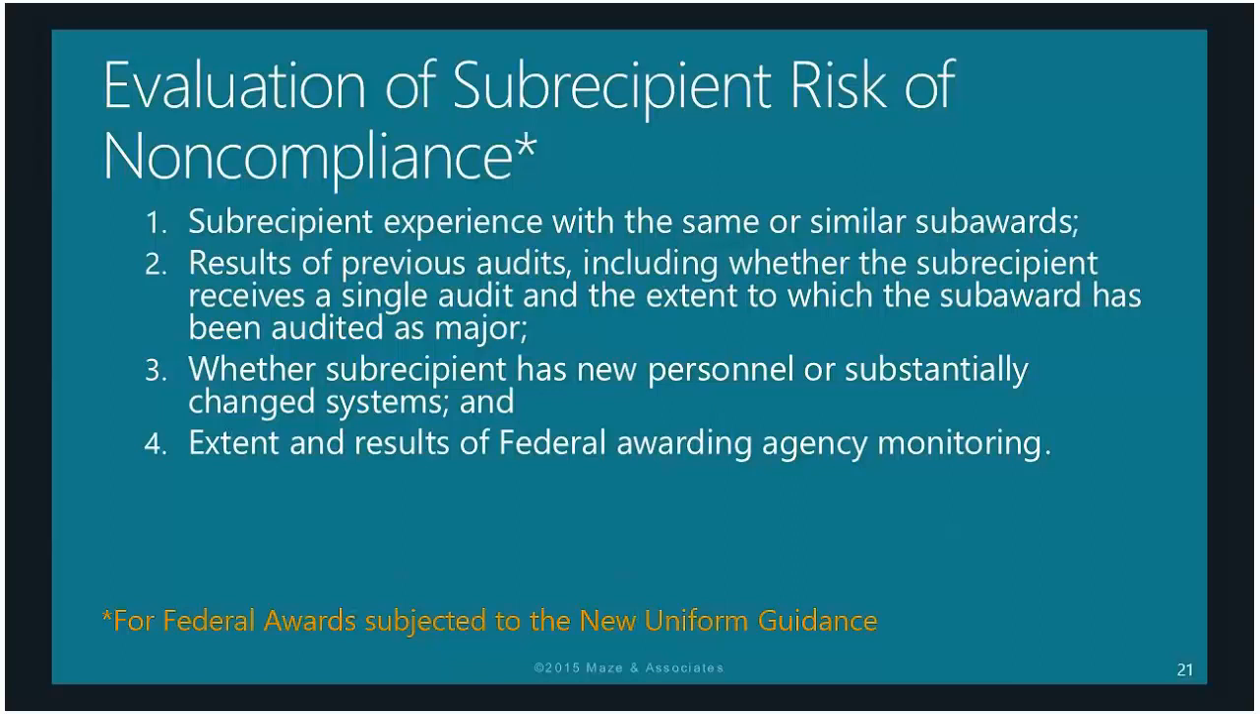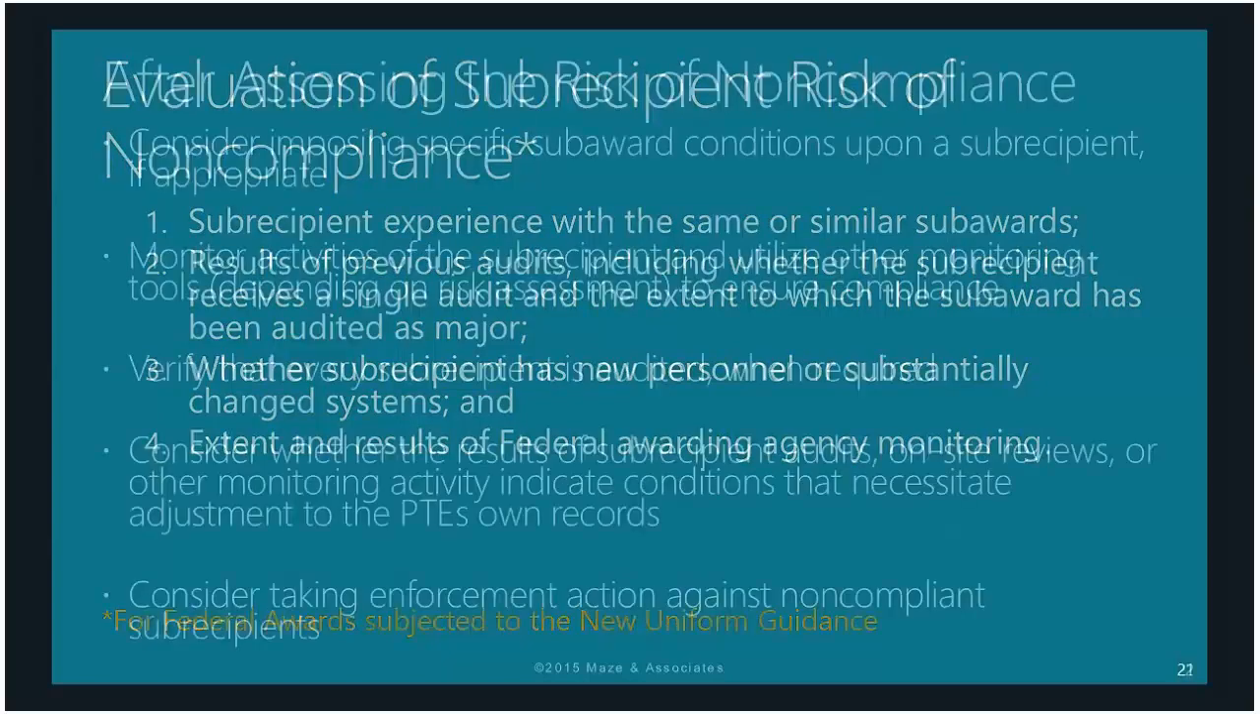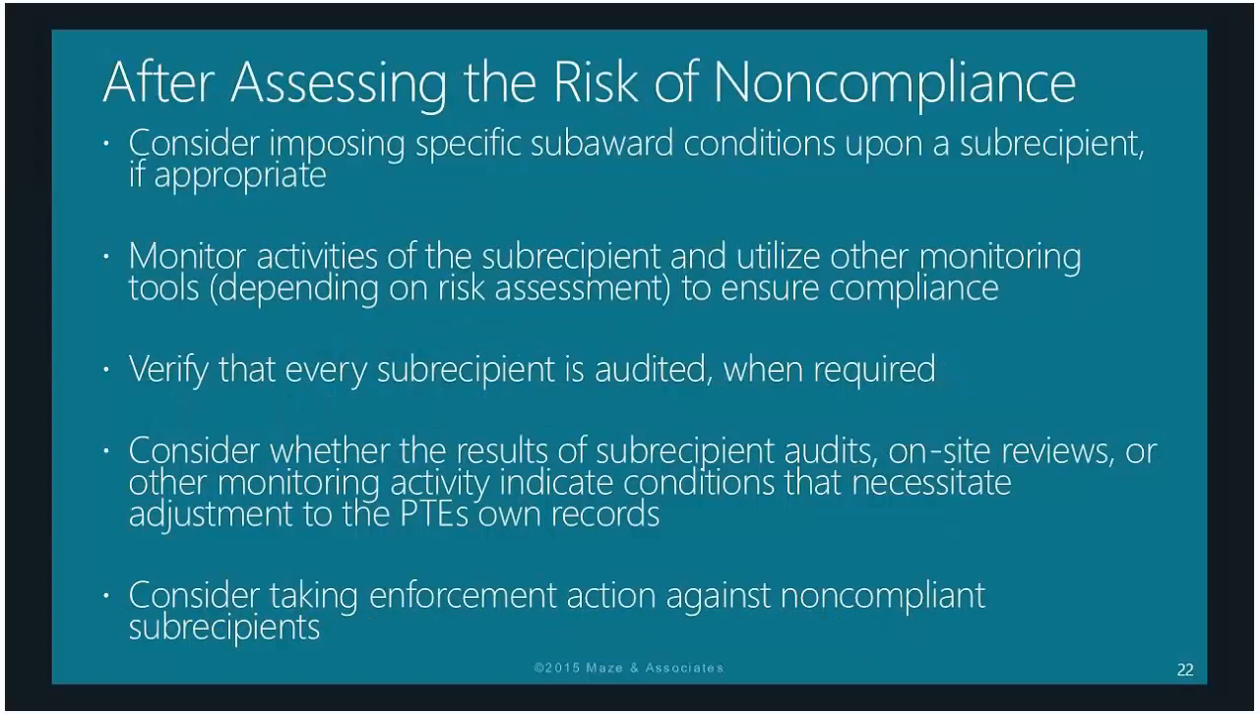Again, the evaluation of the subrecipient's risk of noncompliance should be for federal funds or federal awards subject to the new uniform guidance. So after you've assessed the risk of noncompliance and documented, you can include that assessment in your subrecipient's file. There are other factors to consider. Consider imposing specific conditions within your subaward, depending on what your risk assessment evaluation came out to be, and